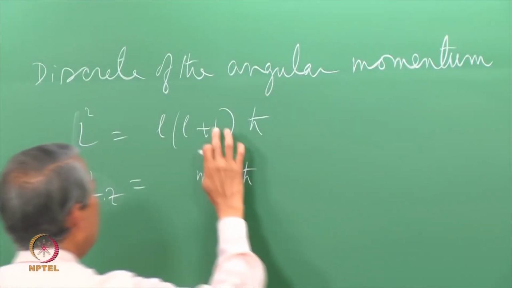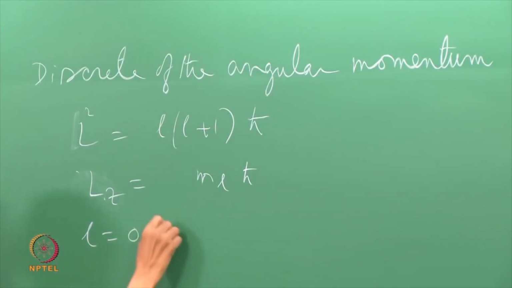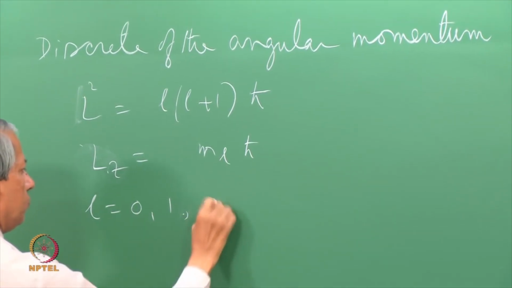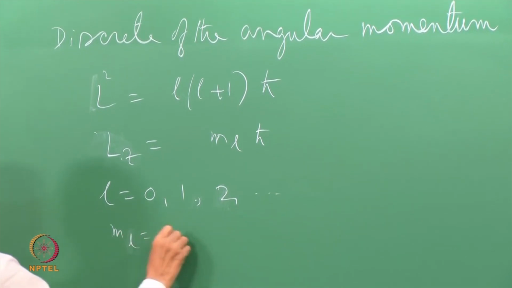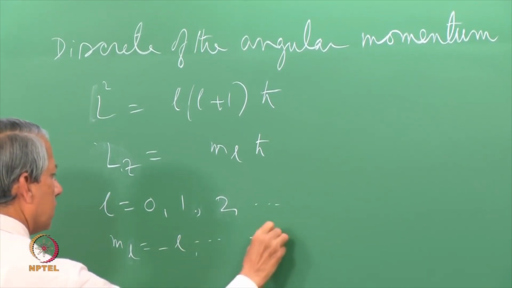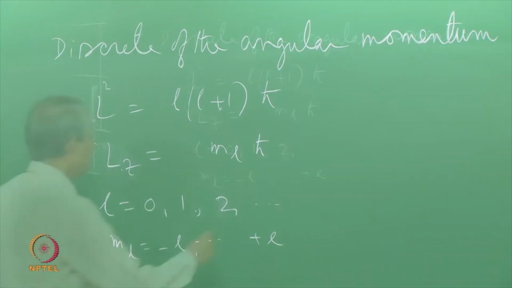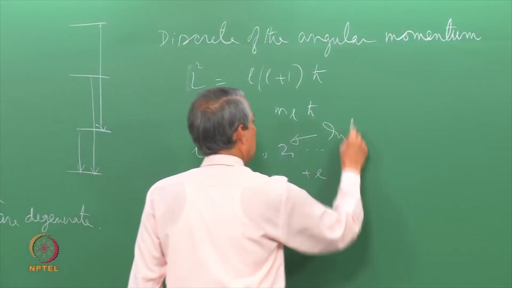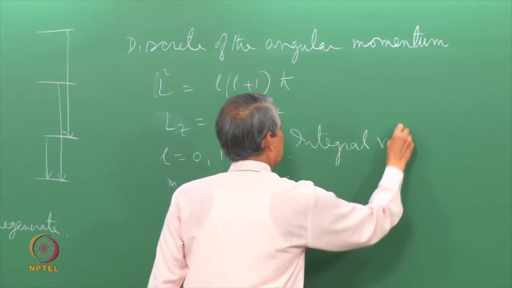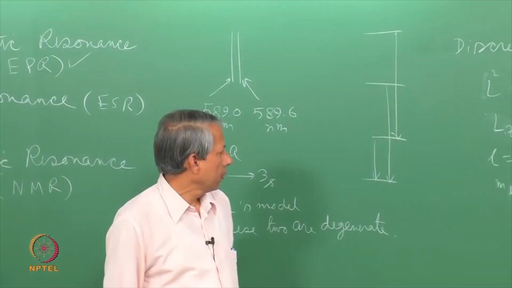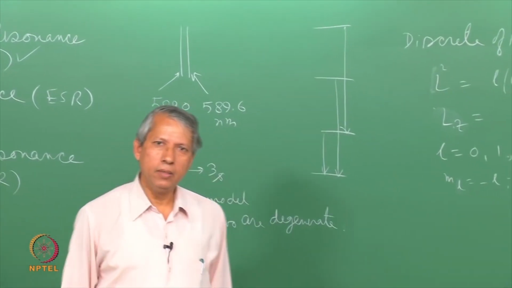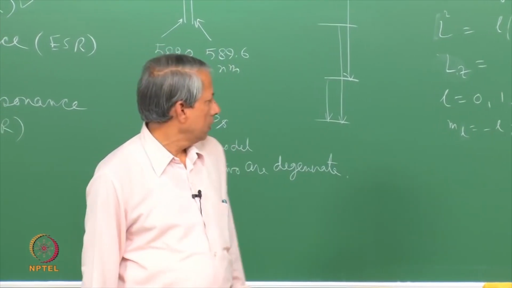Here the value of this small l has to have this type of values. Similarly, M L will take values from minus l to plus l, changing in units of 1. The important point to notice here is these are all integral values. With this ad hoc requirement that Bohr has imposed, one can explain the Zeeman effect in this way, that